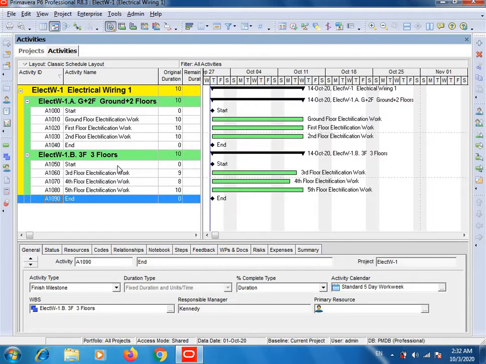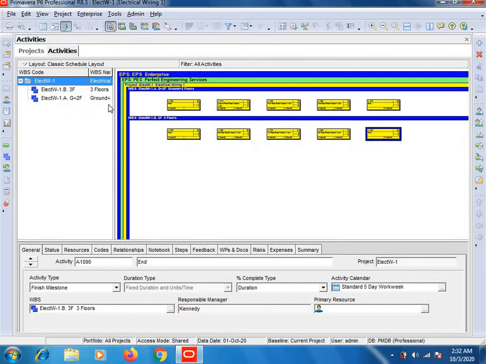So for this we will click here on activity network, on this icon. First click on this. So here you can see yellow boxes. These are our activities, and we will do some networking here. We will make relationships between these activities, and then we will finalize the schedule.